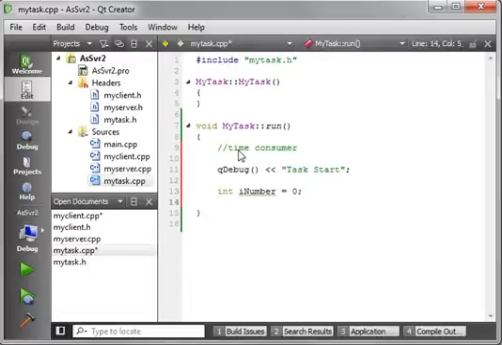And we're just going to say for int i equals 0, i less than, we'll say 1,000. Actually, let's just do 100 just for giggles. i plus plus. And you can do any sort of time-consuming task you want. We're just going to say number plus equal i. We just want to know what happens if we just keep adding this number up over and over and over and over again. And then we're going to say QDebug